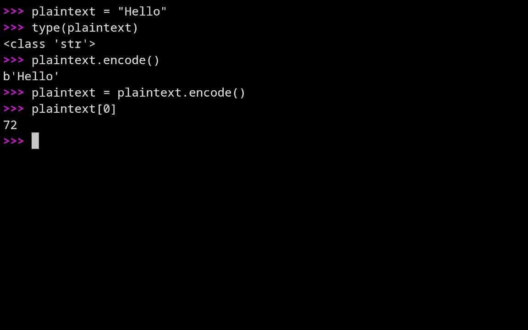So now, how do you XOR two pieces of text together? Say my plain text is hello. Say my key is A, B, C, D, E. Okay, this is again another byte string. So I want to XOR the plain text with my key. What I would do is, for each character,